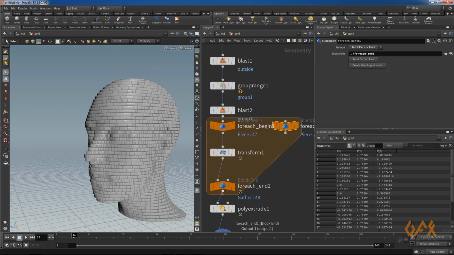Now over here, because I copy this thing, the end of the block path of both for each begin is for each end one.